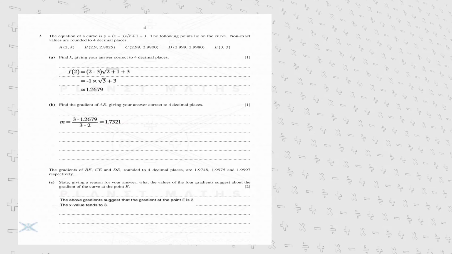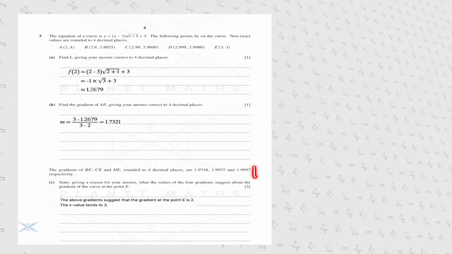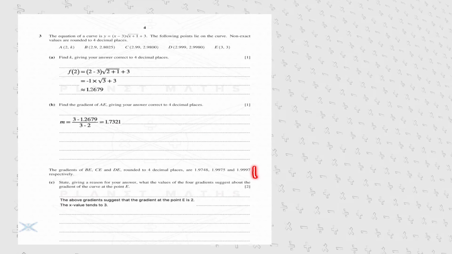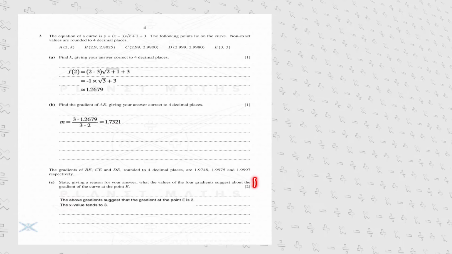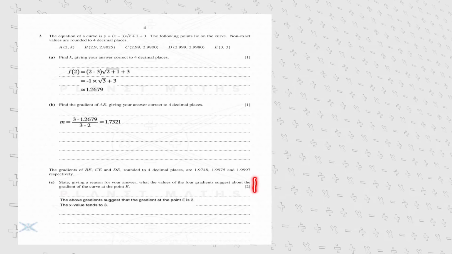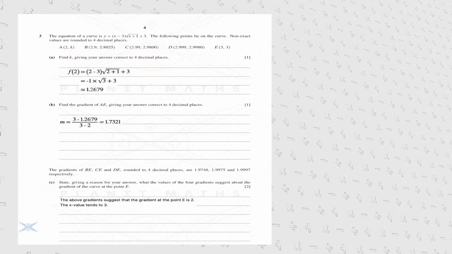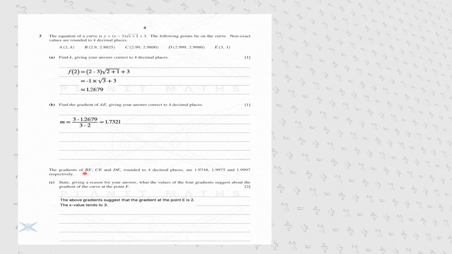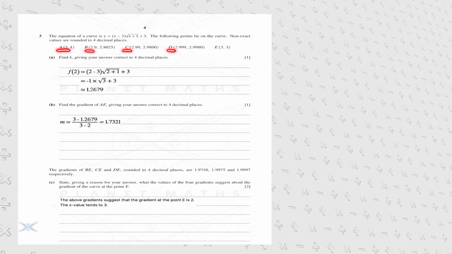Moving on to the next segment of this exercise, it is stated that the gradients of BE, CE and DE rounded to 4 decimal places are as follows. We should state, giving a reason for our answer, what the values of the 4 gradients suggest about the gradient of the curve at point E, and what we can observe looking at the coordinates of those 4 points in conjunction with the gradient of the curve when we get closer and closer from A to D towards point E,